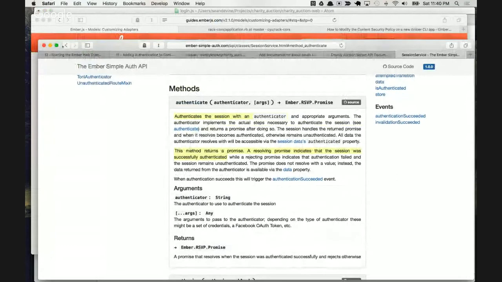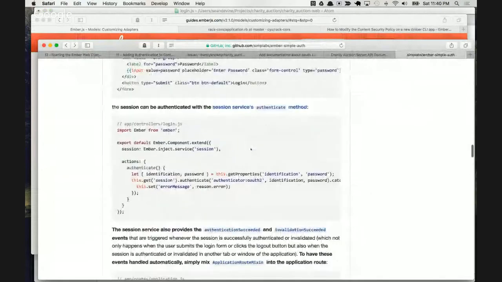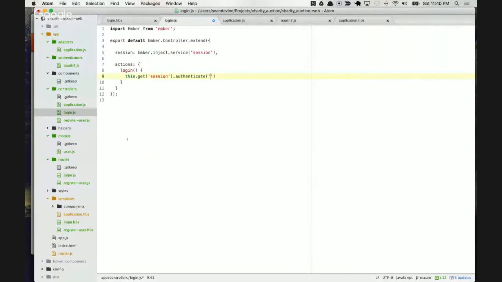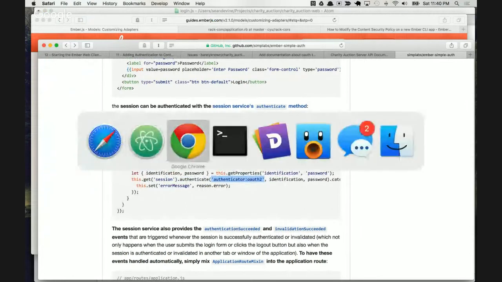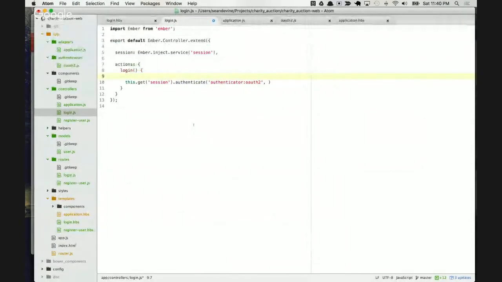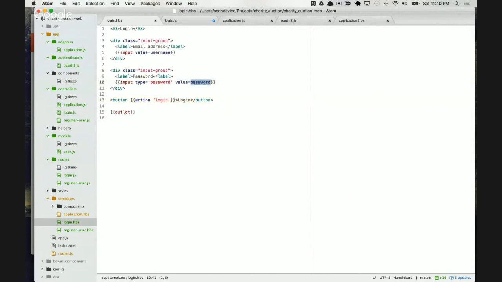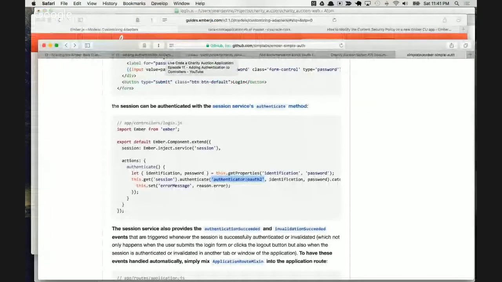So this is the authenticator. Let's look at an example on this one. Oh, here we go. So authenticate, and then identification and password, which is what we're using too. Okay. So I think that we are going to want to use the conventional way to refer to the username and password for OAuth, which it looks like is identification and password. So I'm going to go back here and change this to identification instead, just to go with the flow, right? It wouldn't matter. It could be obviously something else, we could keep it as username, but I think it's better